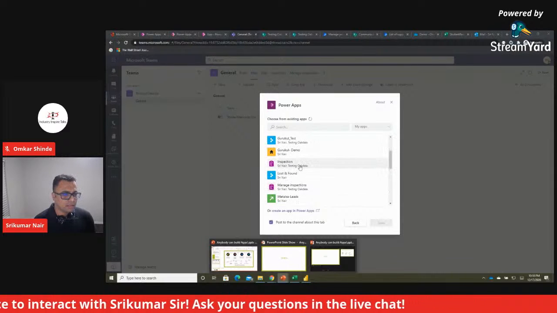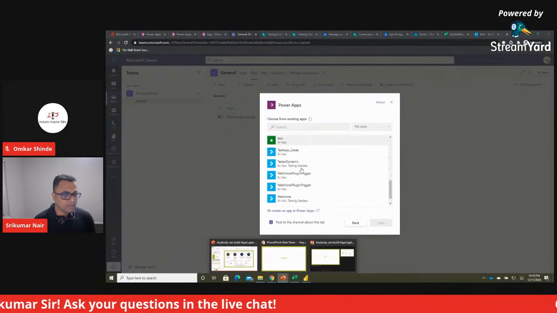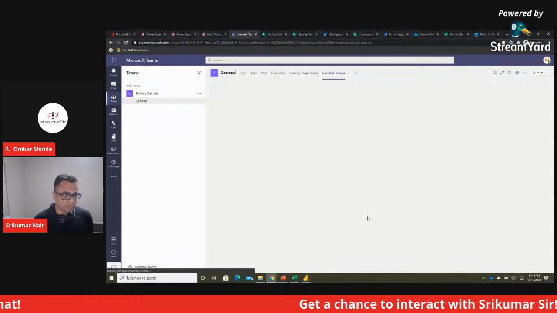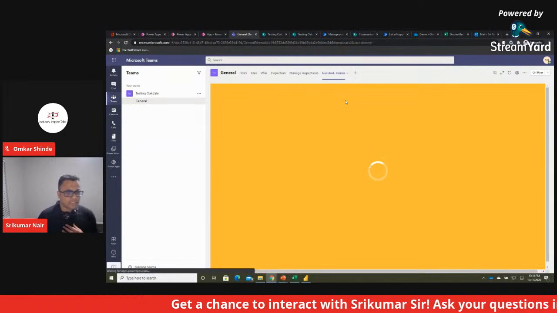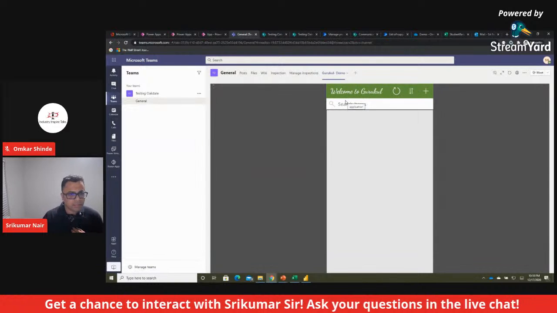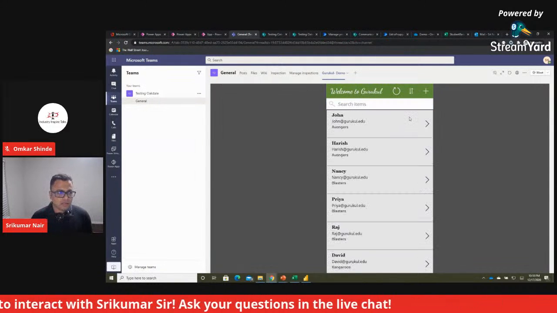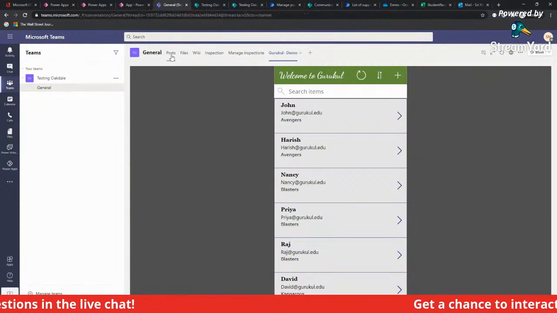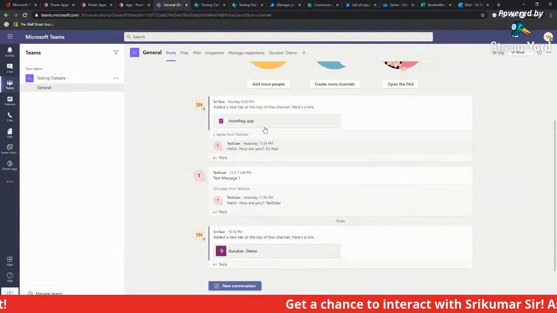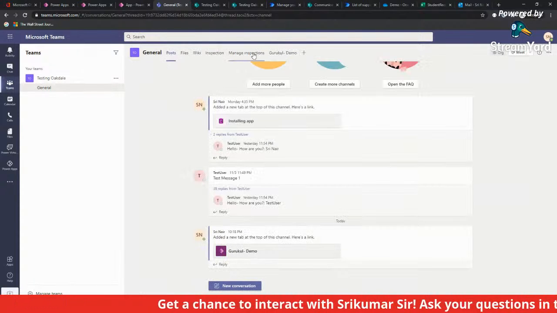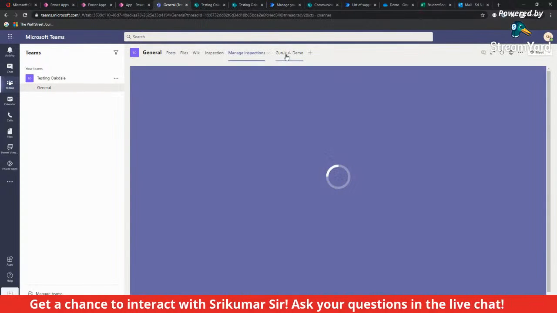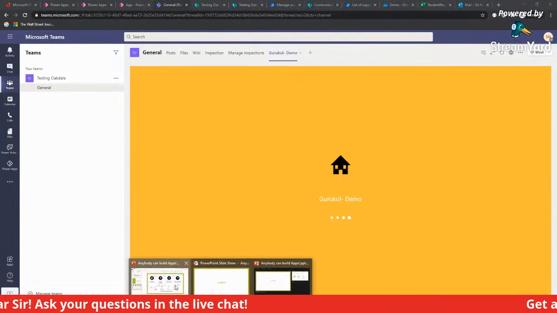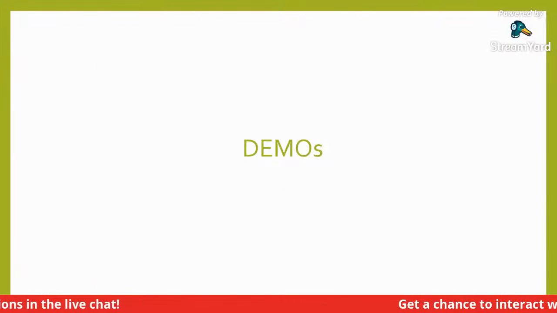So by the way, that Gurukul app that we built would start showing up somewhere here. All I have to do is pin it. Just for the sake of showing it, I will show the app that I built earlier to be pinned here. As you can see, we can go fancy with the colors and the fonts and stuff like this. And here you go, your app is ready. And from next time, whenever you are chatting with your friends or posting something in Teams, and as soon as there is a need to go to some applications like manage inspections or update the student records, I can just go to this app and start doing it. All right, I will switch quickly to the slides here.